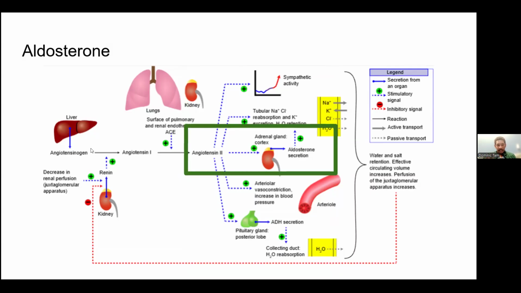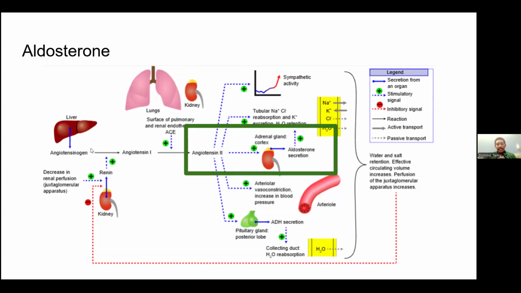Aldosterone, highlighted by the green rectangle. This is a mineralocorticoid and steroid hormone which acts on the principal cells of the collecting ducts. In the collecting duct, it increases the expression of epithelial sodium channels, promoting urinary sodium reabsorption. So the additional sodium that is reabsorbed through these channels is then pumped back into the blood via the sodium-potassium